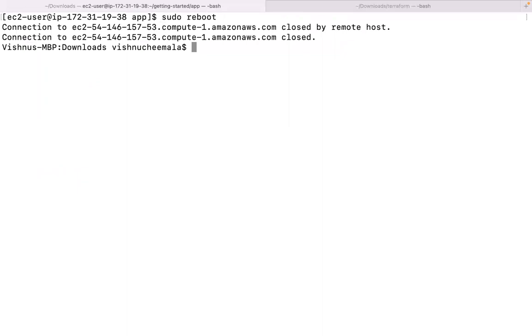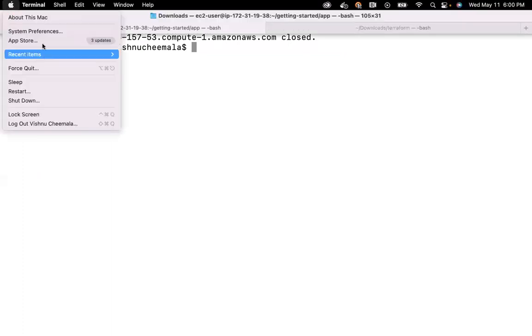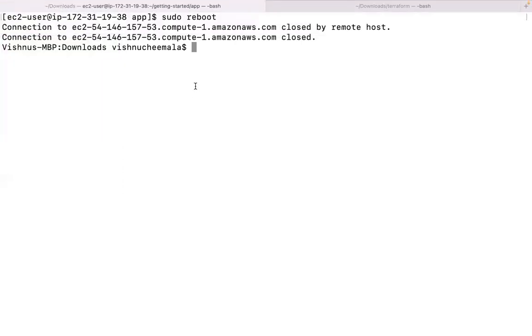Sometimes when you make configuration changes, the system needs to be rebooted in order to get those changes. The same way when we get updates, like the App Store showing three updates, sometimes it will ask you to restart the laptop to get the up-to-date changes. So we installed Docker, we added the EC2 user to the Docker group, and to get those changes we are just restarting the server.